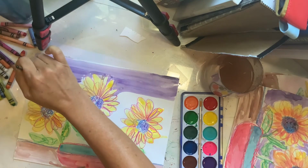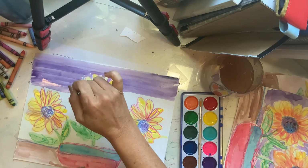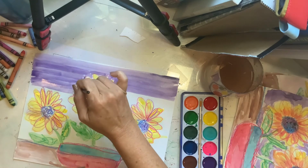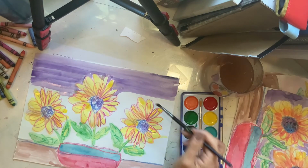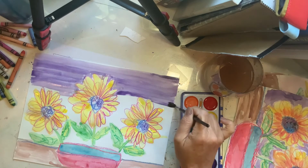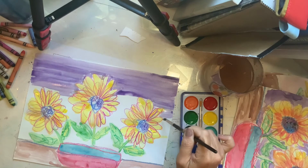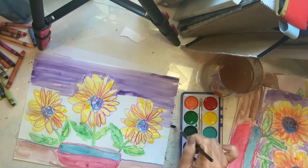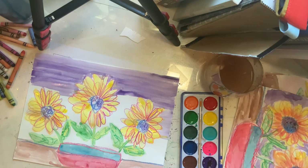We also have contrast of texture because our crayon lines are kind of crazy and probably a little bit bumpy, and there's a lot of movement in it. The way that I'm choosing to apply my watercolor, there's some contrast here because I'm applying my watercolor in very smooth, linear strokes. So I'm applying smooth, clean lines with my watercolor here. And so that provides a neat contrast with our wiggly